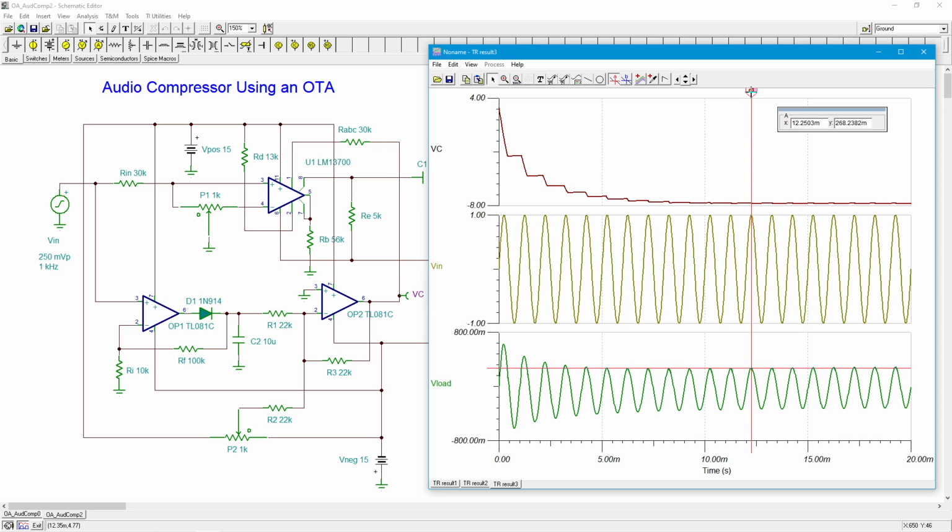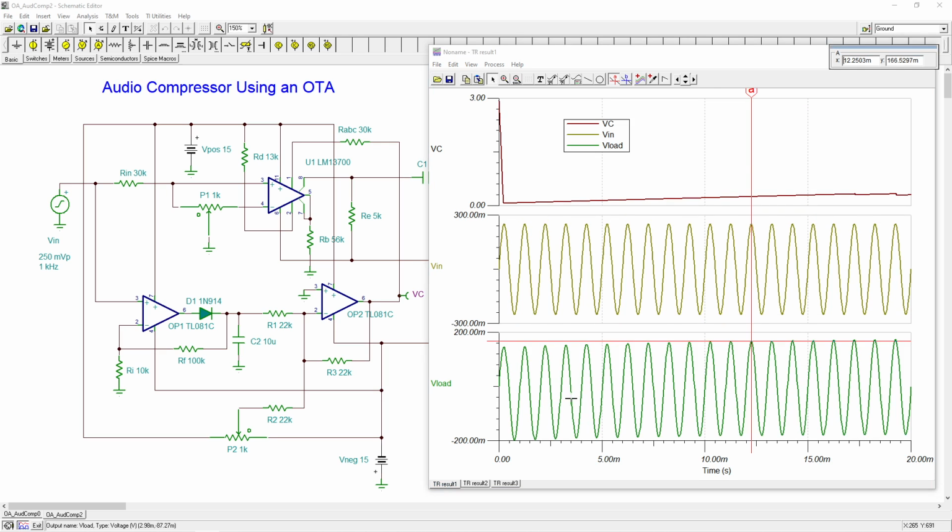All right, what are we getting there? 268, I think, yeah, so we're getting like 268. Now, remember, this is 4 times what the original input is, right? We started off with 250 millivolts. We're now at 1 volt, so I've increased it by a factor of 4. Our original output signal